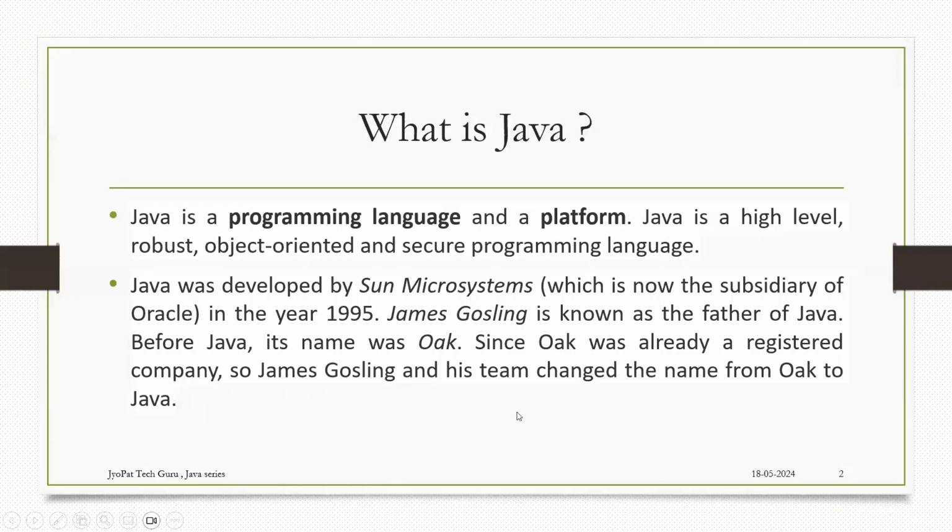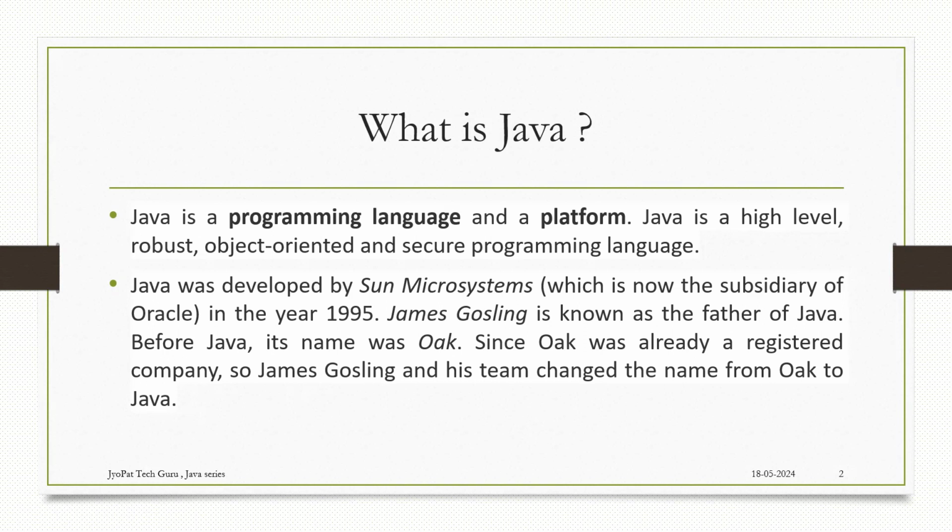Let us begin with the very basic thing connected with Java. So what exactly is Java all about? Java is a programming language and a platform. Keep in mind that it is a programming language which has a lot of rules, regulations, restrictions. Whenever a programming language comes into the picture, there are many different things we have to take care of whenever we are writing a program. Java is a programming language as well as a platform through which you can execute applications. You can build varieties of applications like web applications, Windows applications, and many other applications.